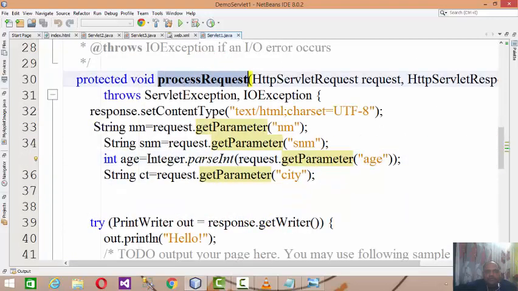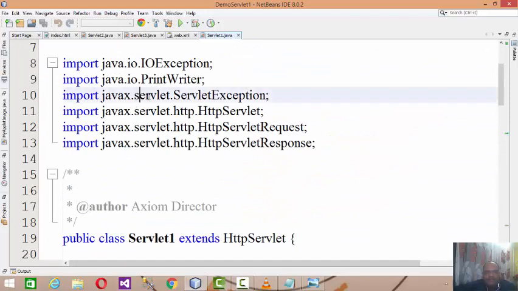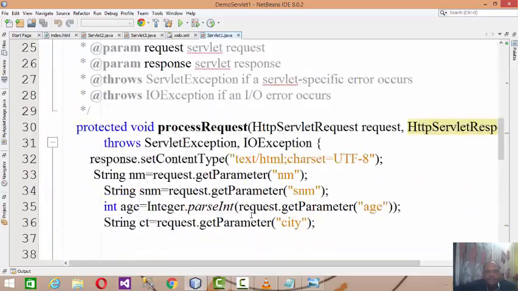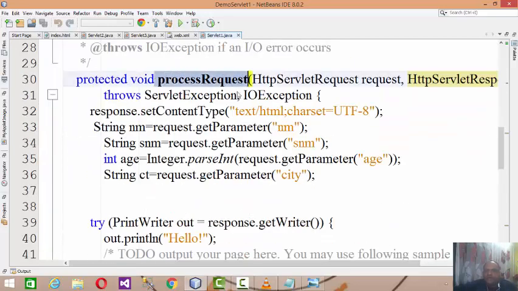Now once the data gets posted, meaning the request comes from the web client to the servlet, it directly calls a method called processRequest. Now processRequest is a default method which is given by the servlet. As I already explained, there is an init method, a processRequest method, a service method, doGet and doPost. These methods are all given by the servlet. Servlet is a package which provides various classes like HttpServletRequest and HttpServletResponse. Here is the processRequest method belonging to HttpServlet.